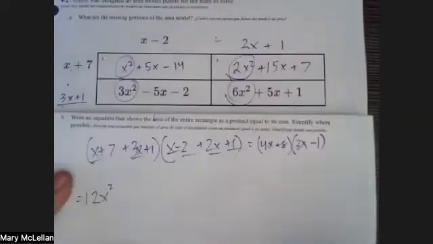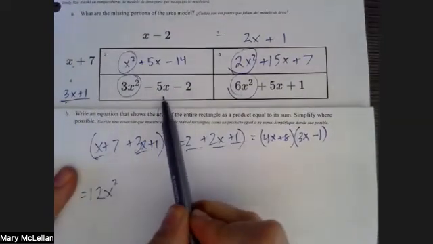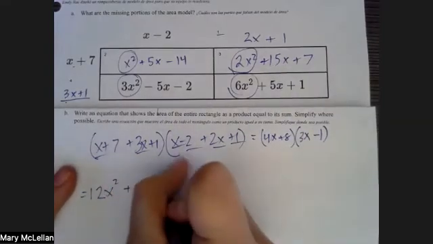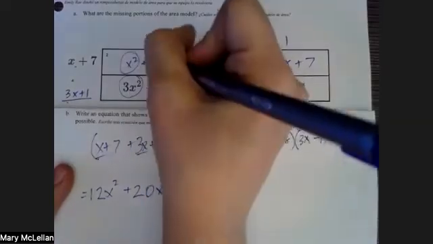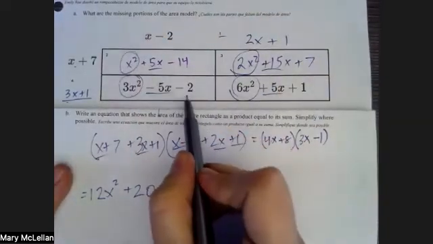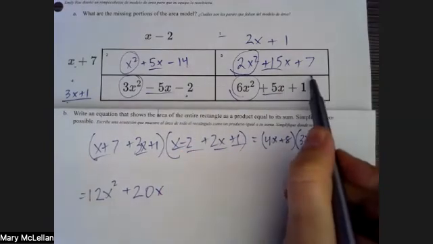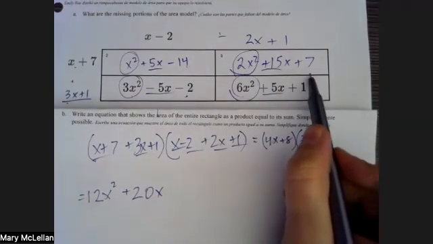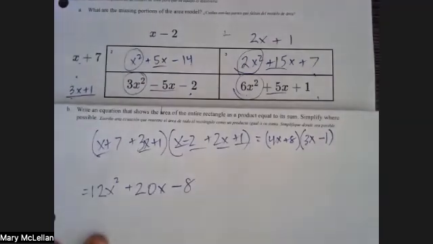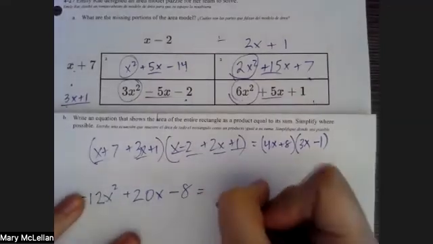12x squared. Okay, let's check these. So this is positive 5x minus 5x, that's 0. And this is 15x plus 5x, that's 20x. Okay, let's do my constants. This is negative 14 plus negative 2, which is negative 16. Plus 7, which is negative 9. Plus 1, which is negative 8. Okay, so final answer. 12x squared plus 20x minus 8 equals